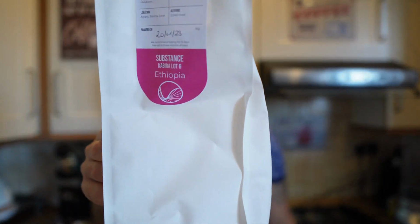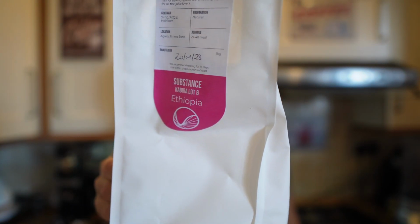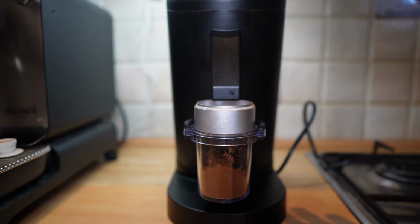For the espresso once more we will use the coffee from Ethiopia, Plot Coffee Roasters from London, and the tasting notes are mango, blood orange and a hint of baking spices. On the Decent we will use a La Marzocco style Liva profile, 18 grams of coffee in, 42 grams of liquid out. It looks okay, and now